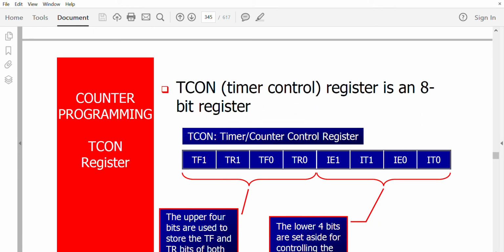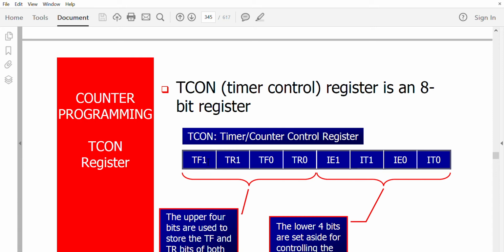So next you have TCON or the timer control register. So we have discussed T mode. Now it is the TCON. So TCON is 8-bit register. So while discussing about mode 1 and mode 2 programming in timer or counter mode, we talked about many bits, which is TF0, TF1, TR0, TR1. So those bits, when you set or clear in the program, what is actually happening? Those bits are actually bits of the register called the timer control register.